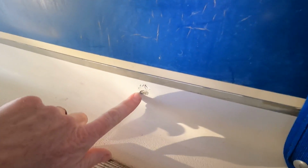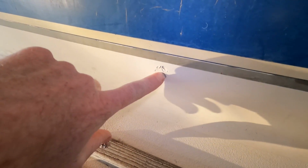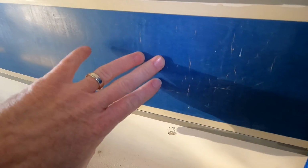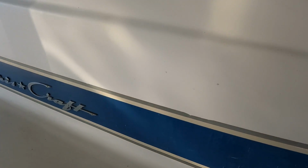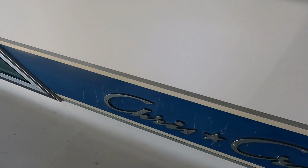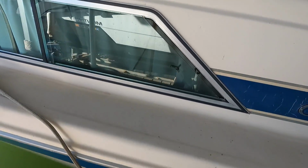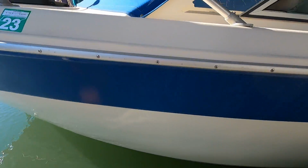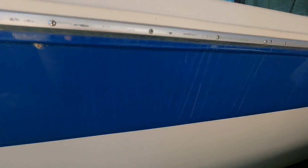Another little mark, I think I showed this a little bit earlier. This little mark through that gel coat, and see the fiberglass showing there. And a little bit of mark on that stripe over here where this Chris Craft logo is. And I think there was one more up here, but that's that other stripe that I referenced earlier. And then just below the rub rail, yeah, it was this side right here. We had a few little marks right here, just in that